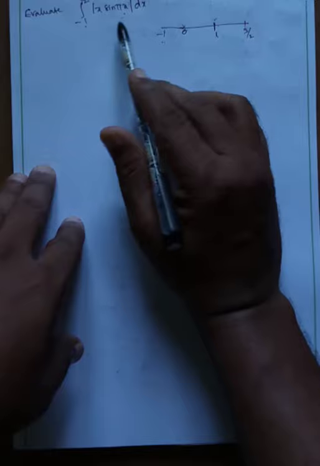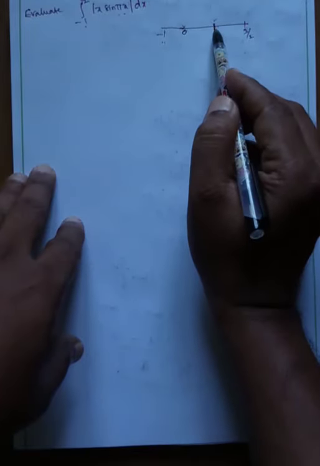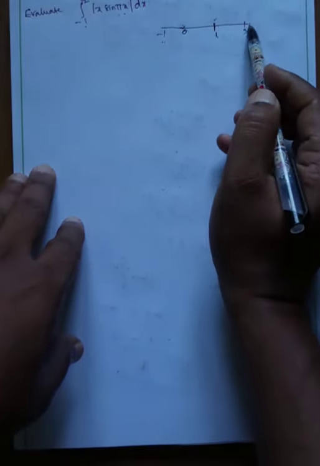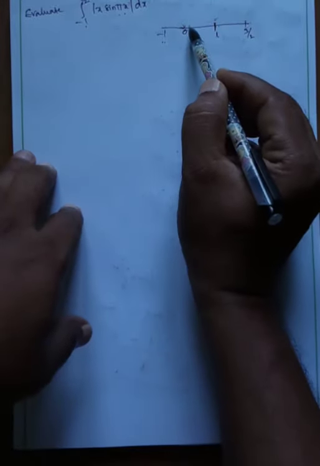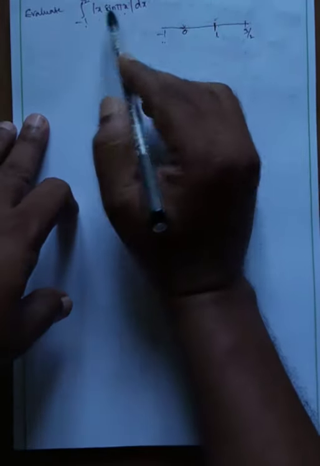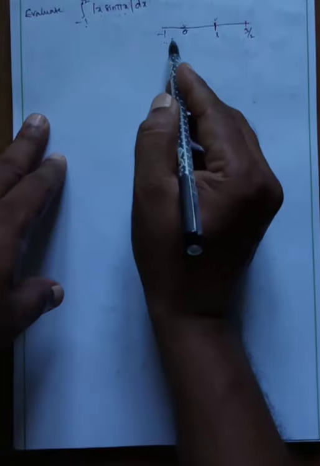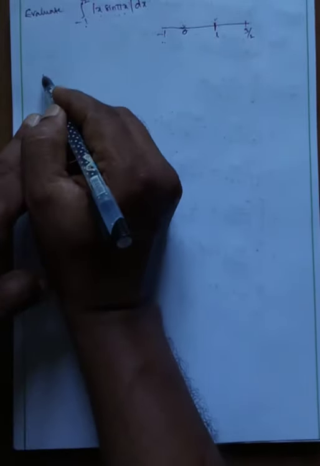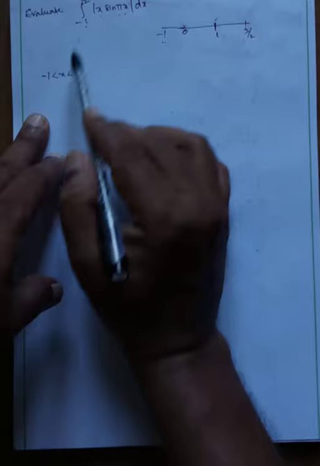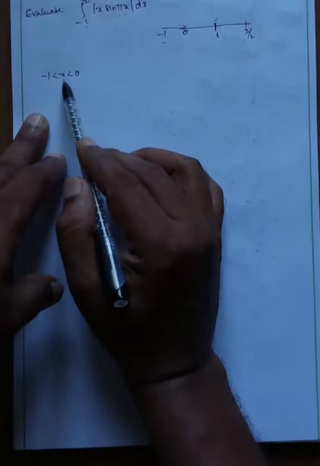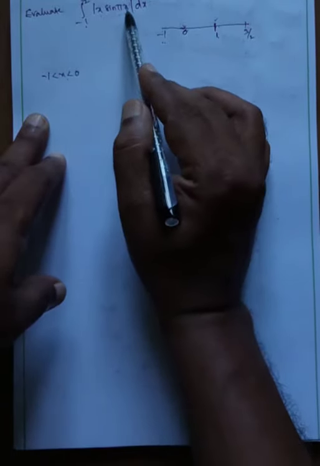Now minus 1 to 0, what happened in this one? 0 to 1, what happened in this one? 1 to 3 by 2, what happened in this one? Okay, my dear students. First, suppose what I am telling you, here the angle is sin pi x. Suppose these are the x values. Minus 1 to 0 means x is 100% negative, that is minus 1 less than x less than 0. Okay, my dear students. Now this x value is negative 100%. Minus 1 to 0 means all negative, but we want the sin pi x value.